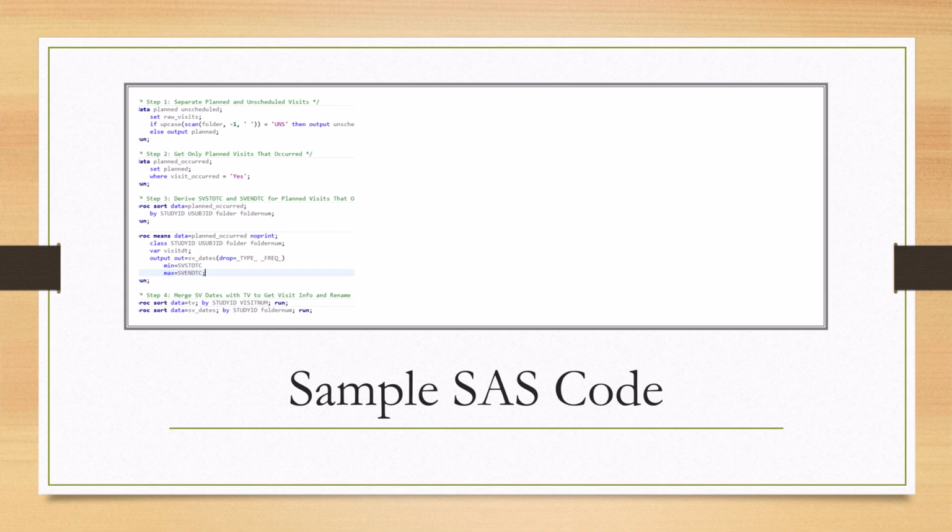Why are we doing it? Because for the planned visits, we will have to fetch the minimum and the maximum date of observation to generate the start date and end date from the planned visits, because only planned visits are available right now. And for the unscheduled visits, we will incorporate them after we have got the start date and